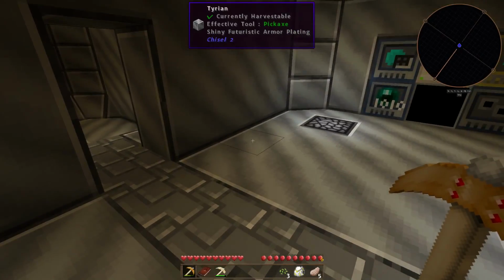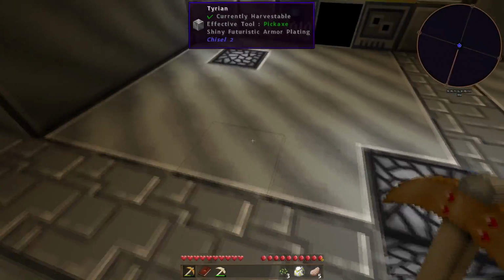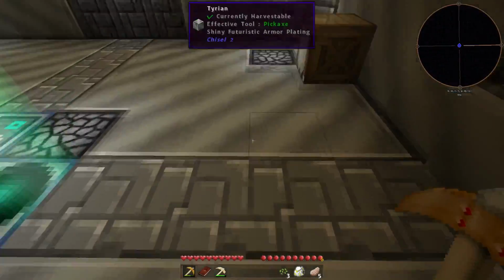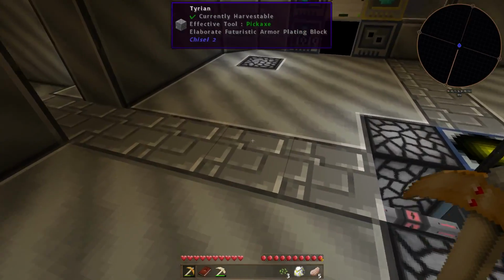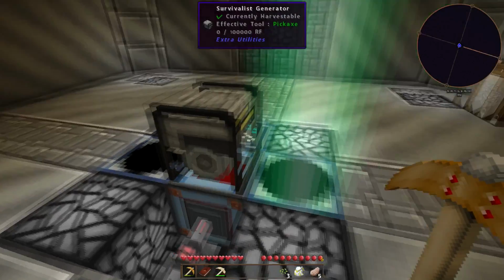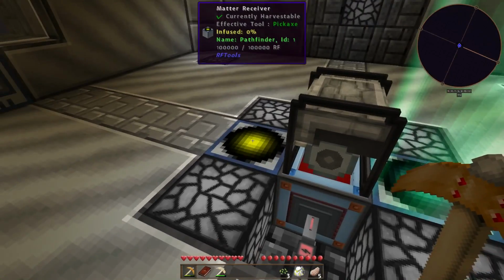So I'm going to leave it to charge up to that first. I don't know what that's supposed to be charging. I don't know if something charges up back here or something like that, but yeah, some kind of weird way of powering things. I don't know where that power is going to. Some kind of block that stores RF, I think. And yeah, this survivalist generator is pretty slow, but I'm not entirely sure how much energy it takes to actually